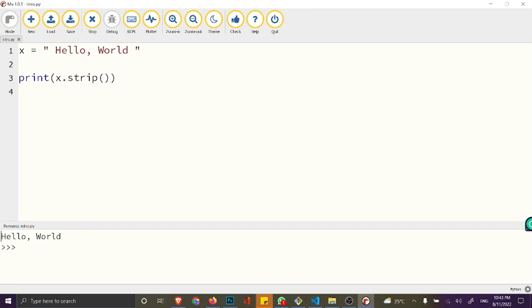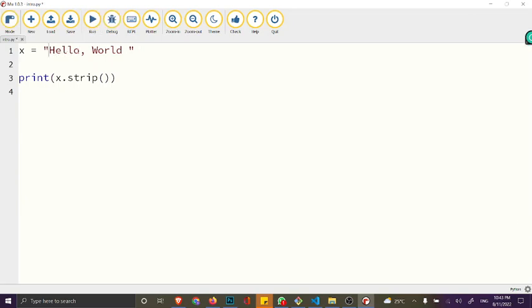You can also replace a string. Okay, let's talk about string replacement. Let's say you want to replace a string with another string, or a character with another one. For instance, let's say we have this string now, and you want to replace the letter H in the string with the letter J. Okay, so we can do something like this. We can use the replace method. We can say print